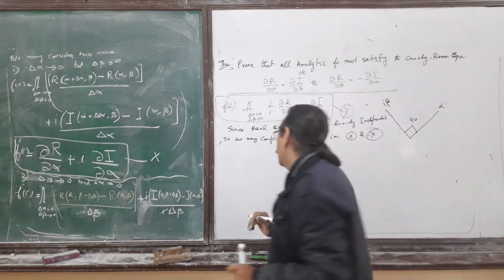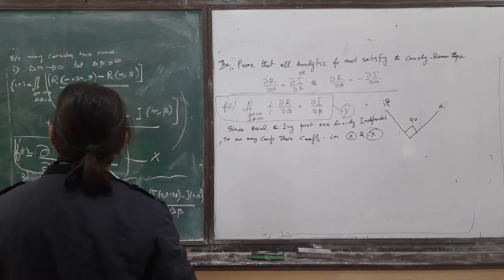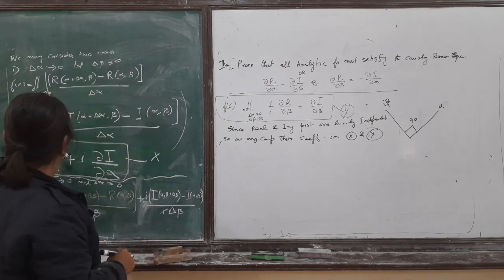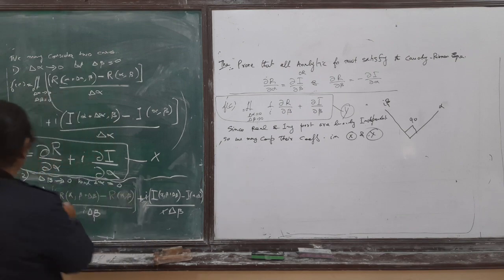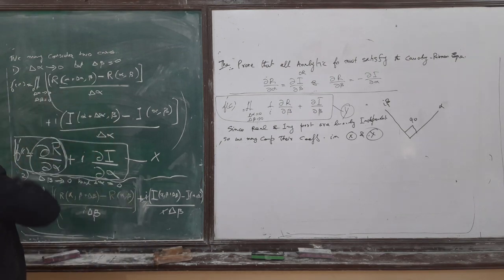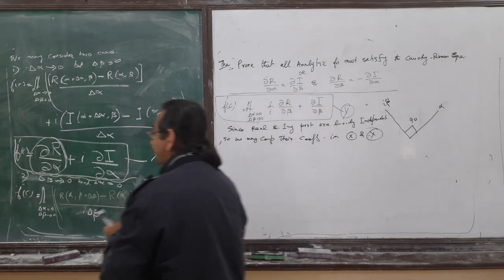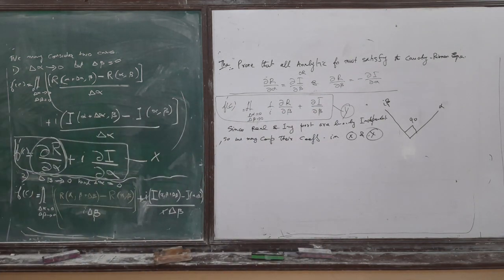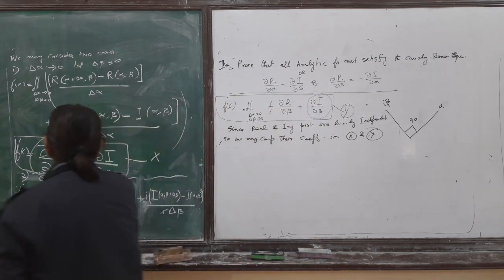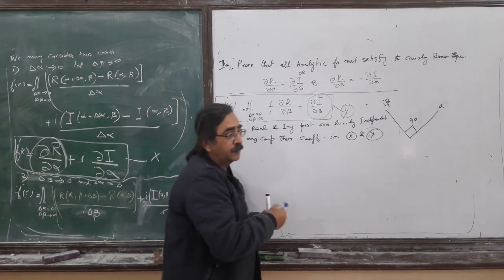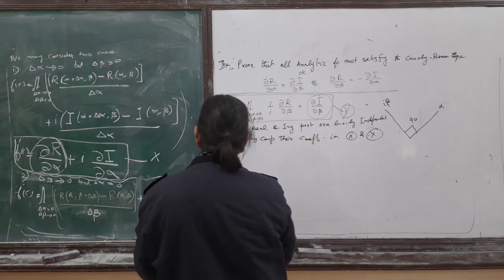So if we compare X and Y, this is the real part of this, and this is the real part of this. These are the real. Okay. So what you have,